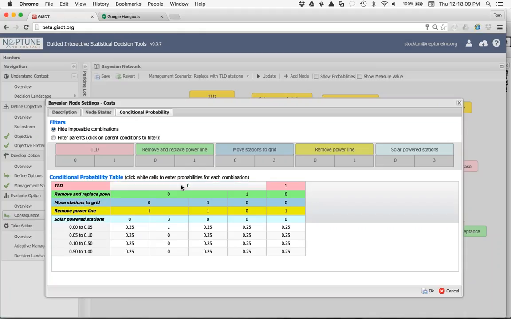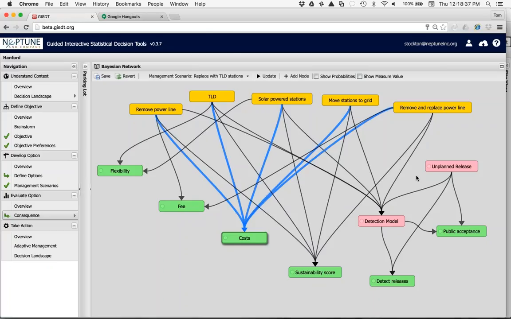if we don't use TDLs, we don't replace the power line, we don't move the stations to grid, we do remove the power line, and we have 3 solar power stations, the probability is 1 that the cost will be between 0 and 0.05. So these are the conditional probabilities that you have to enter in for each of the combinations. So you have to develop these conditional probability tables for all these connections, and then when you run it,